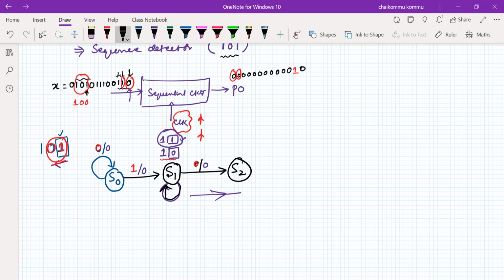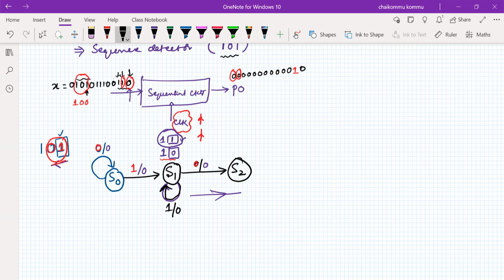So if it is 1, and for example if 0 is here, then it goes to the next state, because 10 is already a valid sequence, so there is no discussion about valid bit yet. So first we have to think about whether it's a valid sequence or not. If it is not a valid sequence, then we think about valid bit. Depending upon valid bit conditions, we have to move backward 1 step, 2 steps, or 3 steps. That's what we have to remember.